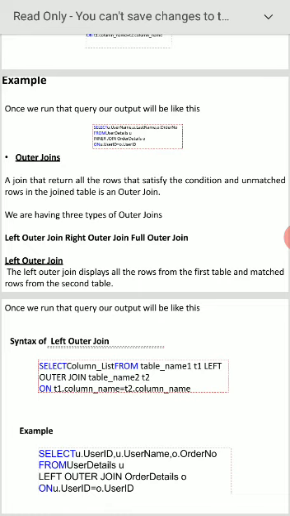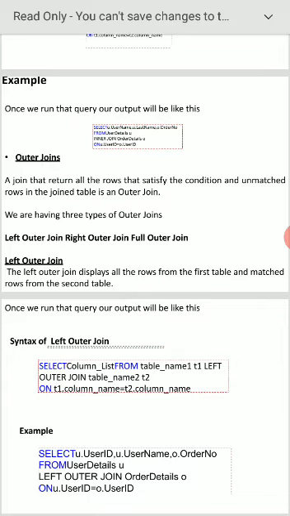Here we have taken user details as the first table and order details as the second table. When you use the left outer join, it displays all the rows in the first table, user details, as well as the matched rows from the second table, order details.